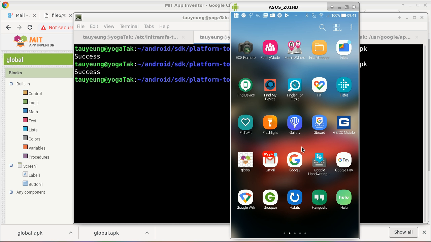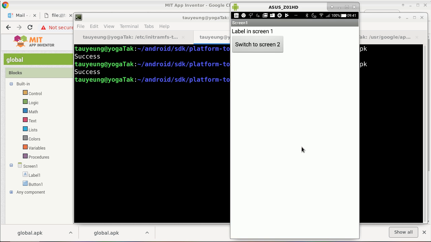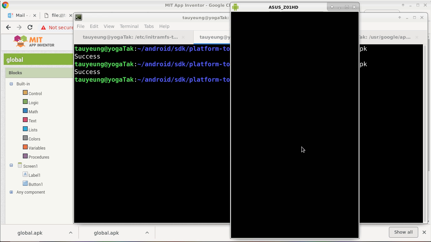Question? No, can you just load it up again and click switch to screen 2? Yeah, yours is a lot faster than mine, surprisingly. It just seemed really delayed. I was wondering if that is like a setting. Are you doing it on an actual device? That's why. Because I clicked it 5 times before it went to screen 2, and I thought something was wrong. Yeah, it's awfully inefficient, even with accelerated emulators, to do emulation on a computer, and you're doing it on a laptop. Most laptops are not really designed for that type of processing power.